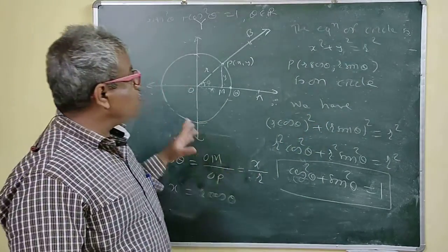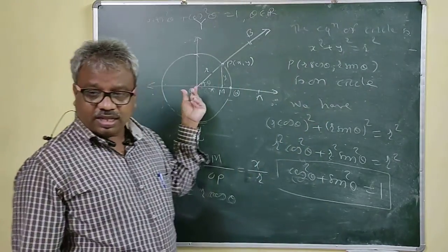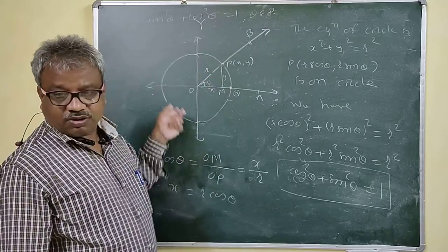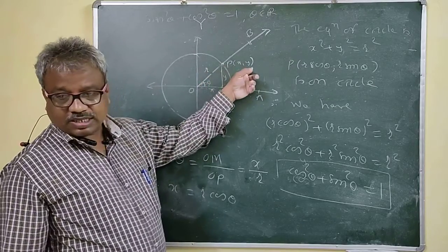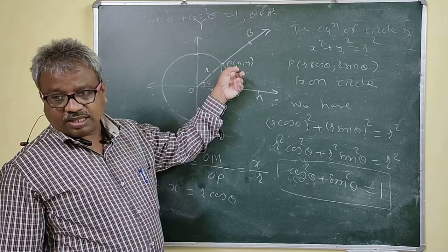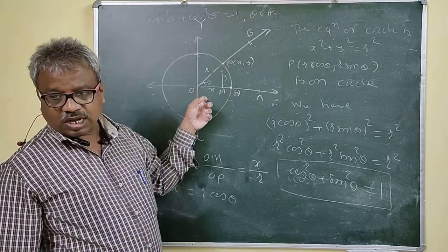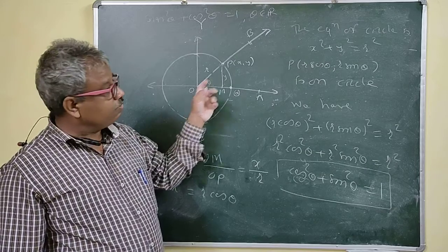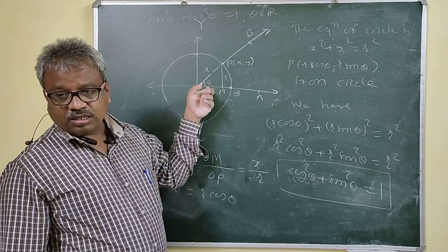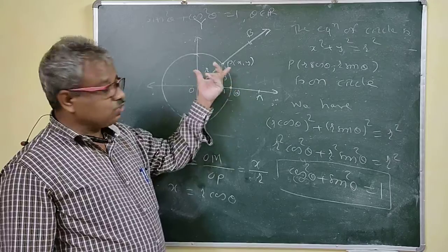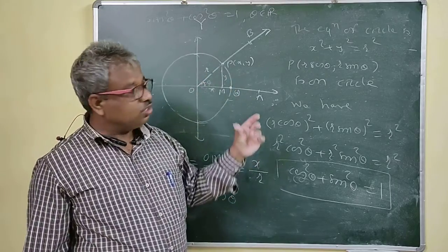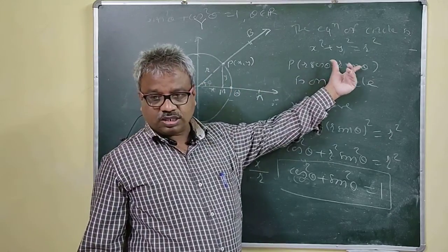So if you want to find a trigonometric ratio of any angle theta, we take this as a unit circle. Then the point of intersection of the terminal arm and the circle gives your sin theta and cos theta. Your x coordinate is the cosine of the given angle, and your y coordinate is the sine of the angle. So just consider the unit circle, and you can obtain cos theta and sin theta.